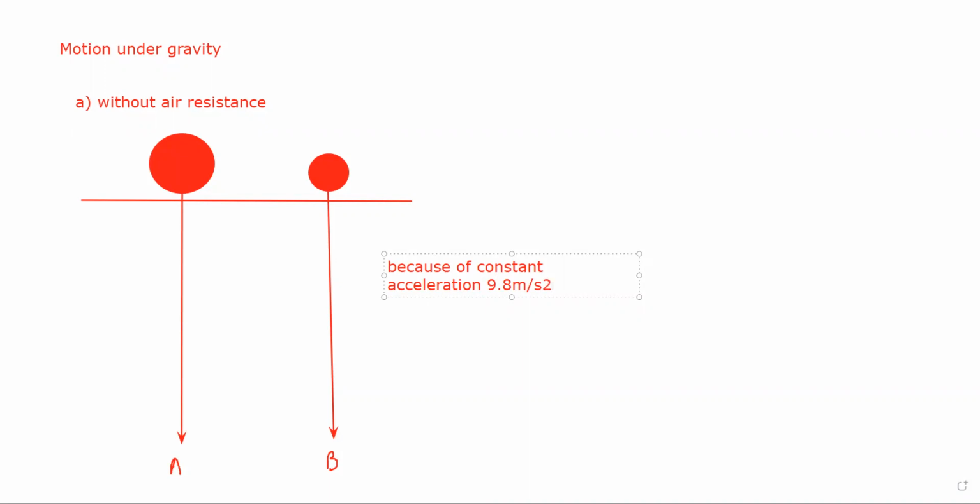So if we sketch a graph for falling objects without air resistance, if there is no air resistance acting, every second the speed will change by 9.8. You have to take now acceleration due to gravity as 9.8. So on x-axis, if we have time, on y-axis, if we have velocity,